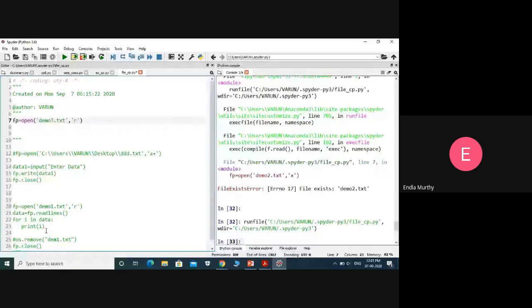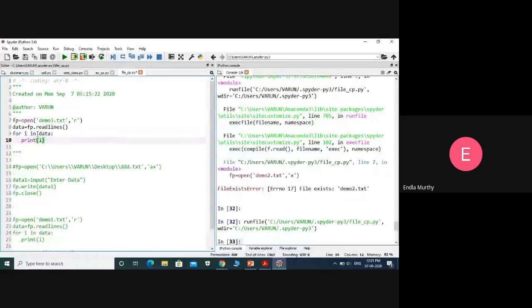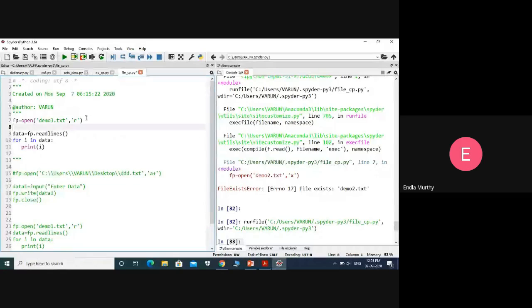So for that, I am simply using a for loop, and here, if you observe, to read some data from the file we can use this. First, I am creating an object fp for that file using the default function open. Using this fp object only we can do the operations, whether I want to write some data, or delete that file, or read some data. We can do it using that file object only.